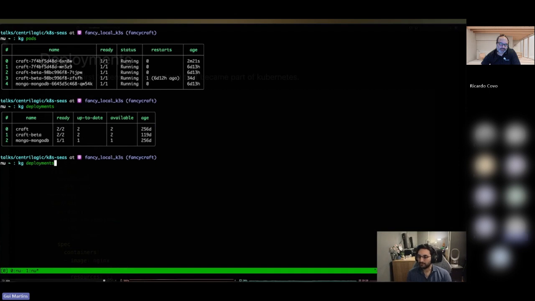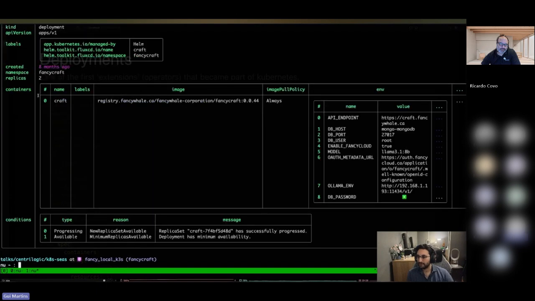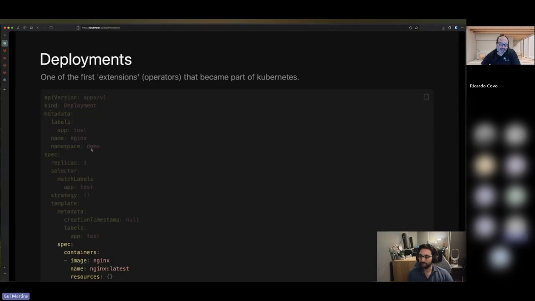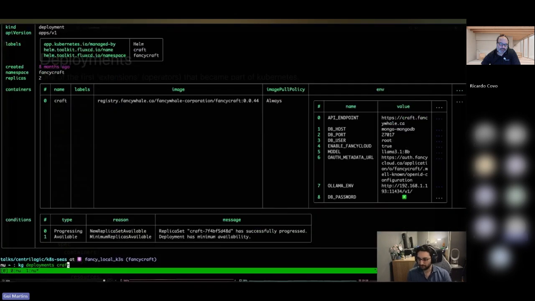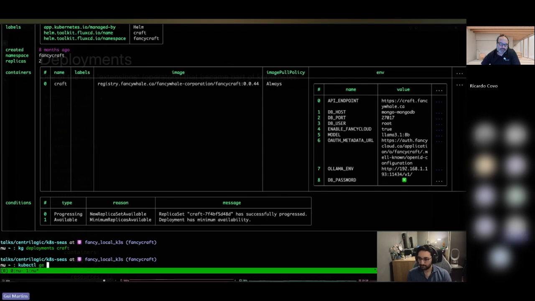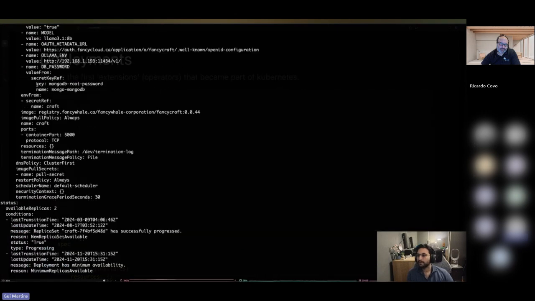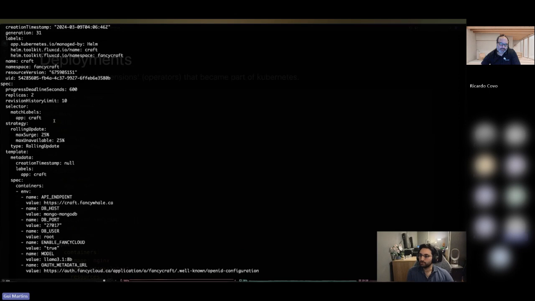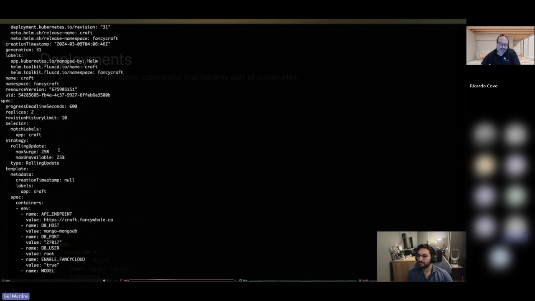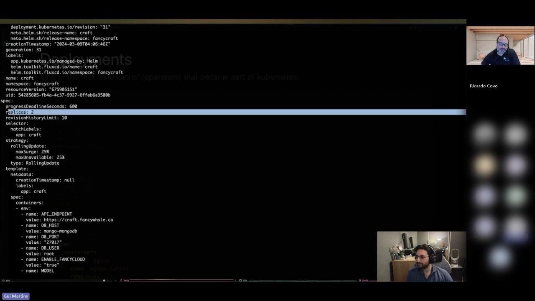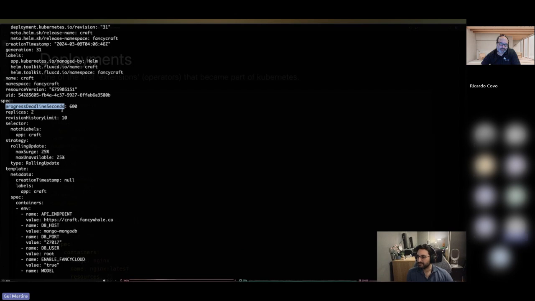And if I go in here, and the way that this works, right? Let's go here and craft. It just enriches the same way as I've shown you before here with a template, right? So this is the deployment. Let me just show you the actual deployments, craft, YAML. All of it is what I was showing you before, right? So this is the metadata, the API v1 deployment, and then you say, hey, I want 2 replicas all at the same time. The progress deadline in seconds, so it takes 600 seconds